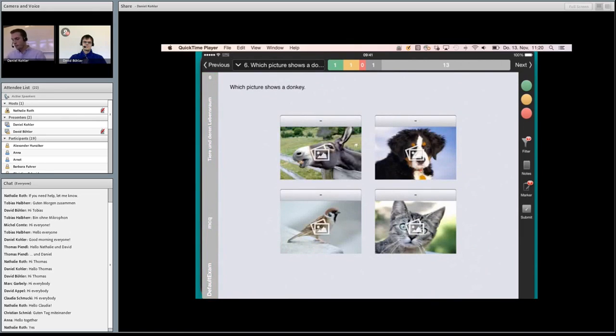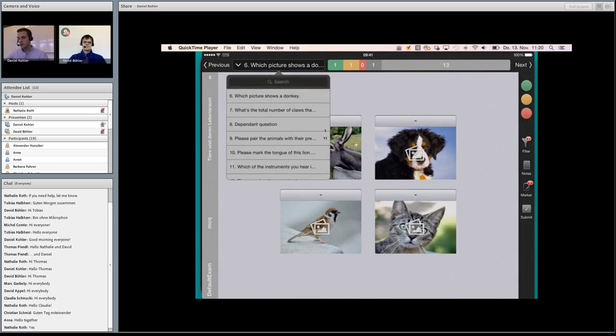So that's what I can do with all the exam questions. And let me assume I've gone through all the questions so far, and now want to check which questions I have to review. So I take a step to this quick menu bar up there, and I see a list of all the questions in the exam.